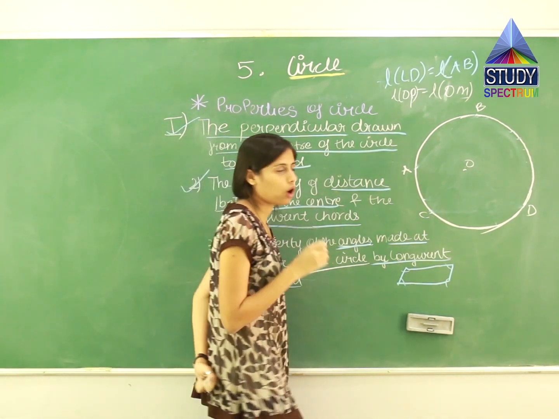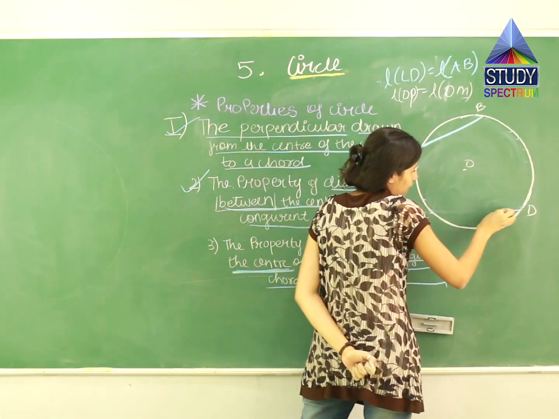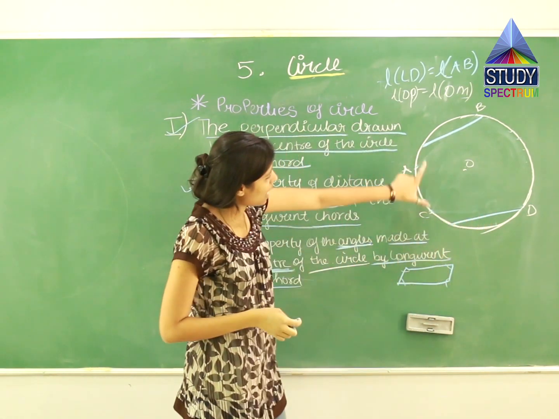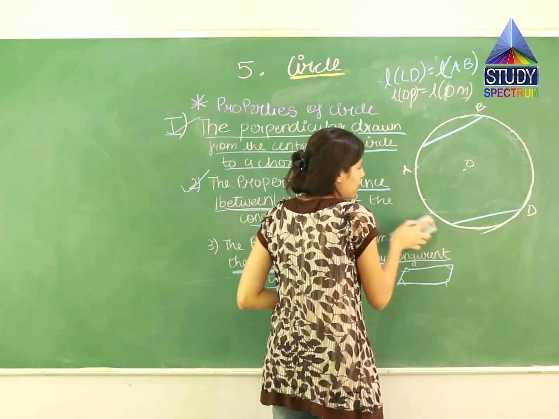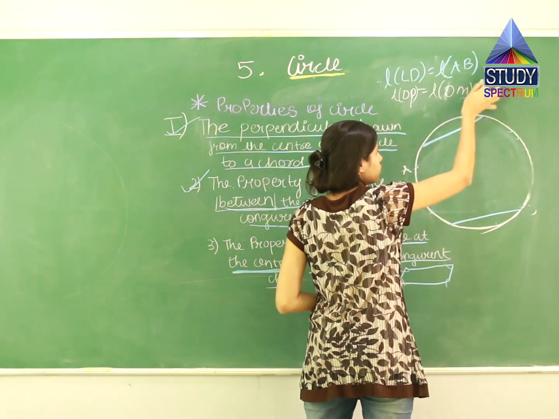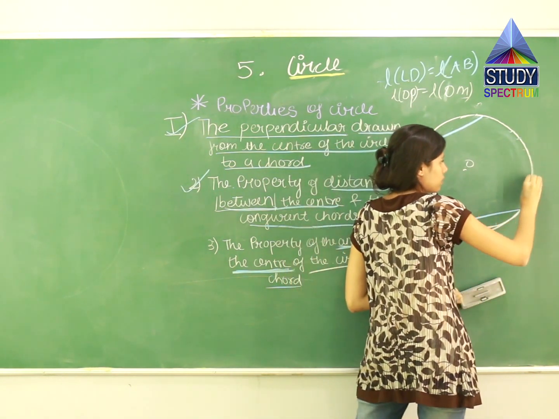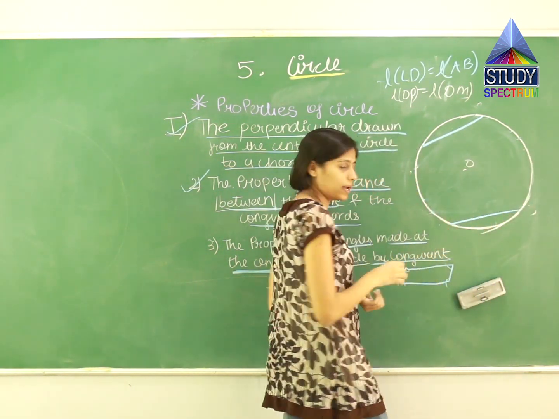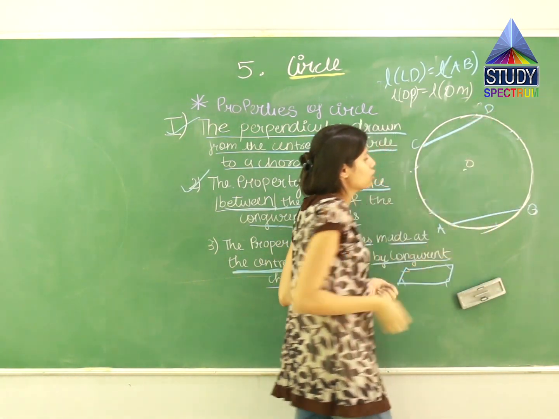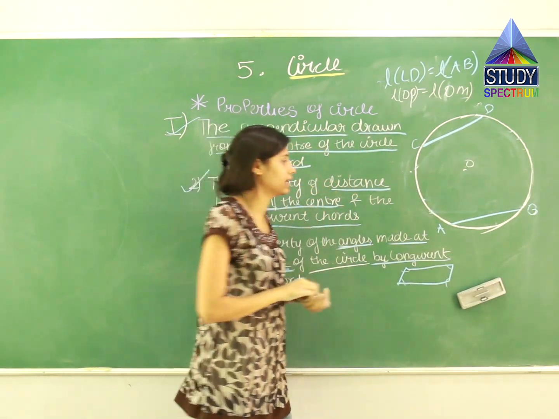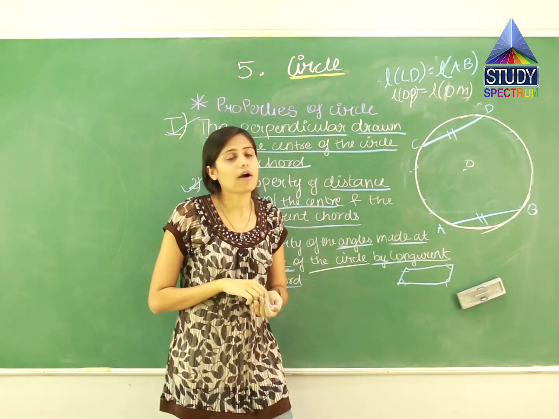तो let us draw two congruent chords. एक कॉर्ड में ये बना देती हूँ, एक कॉर्ड में ये बना देती हूँ. See, it is approximately the same in size, same in length. Let us name it. ये जो पहले के नाम थे उनको मैं इरेज कर देती हूँ. Let the name of this chord be AB. So A, B. This will be C and D. So we have two congruent chords, which are AB and CD. Let us represent the chords by two lines to show that they both are congruent.